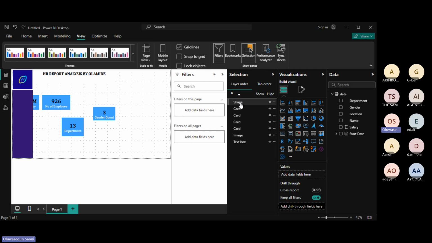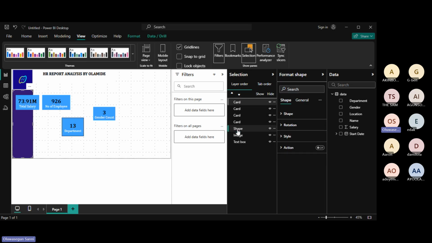So I want my card to be at the top. I want the shape to be maybe somewhere here. I can drag it and bring it here and put it somewhere here, right? Now my shape is here. Now you can see that automatically, if I return to this,